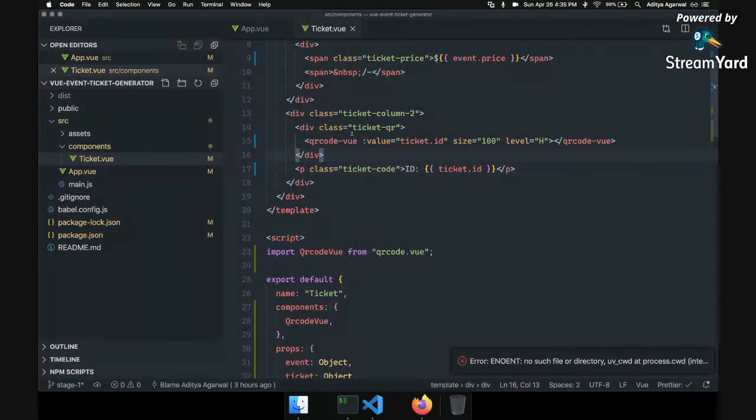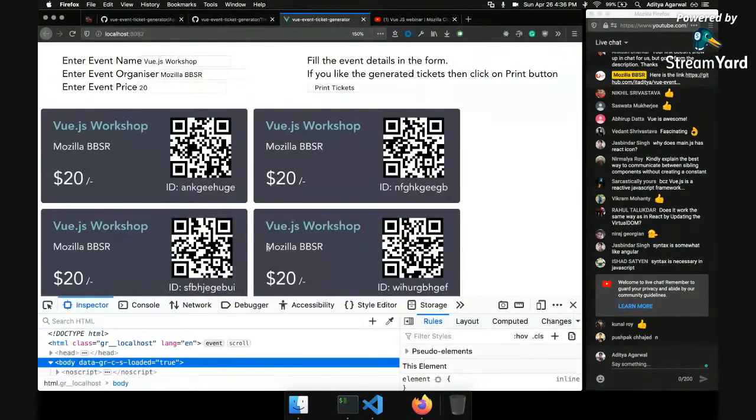In the docs they use this one. So basically, QRCodeVue accepts a prop called value, which will be the ticket ID, and then we can tell it the size, so it is 100, and the level is also there. Now if we see our app, it is working.